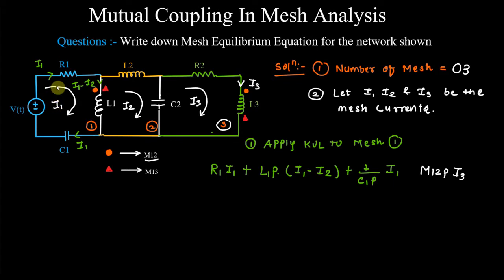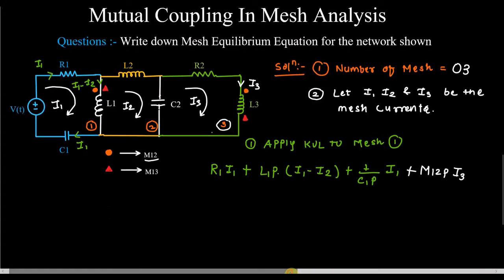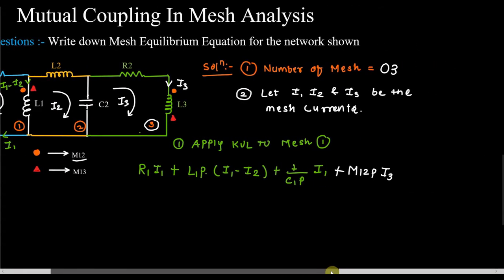So we will see here, when we follow this sign direction, the current I1 is entering towards this dot. You can see that current I1 is entering. And here the current is I3, and this current I3 is also entering towards the dot. So here current is entering, here current is entering. So both currents are entering, so treat that mutual as positive. Right? So it is positive when both the currents are entering.